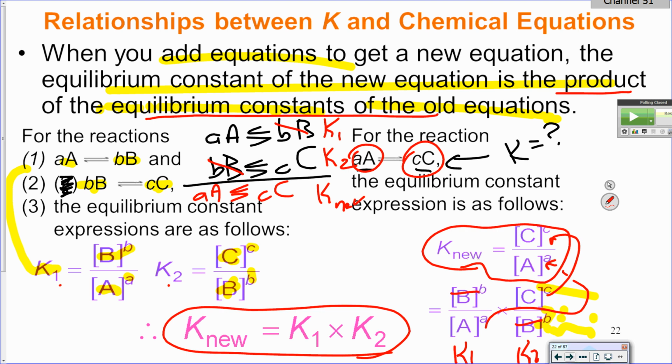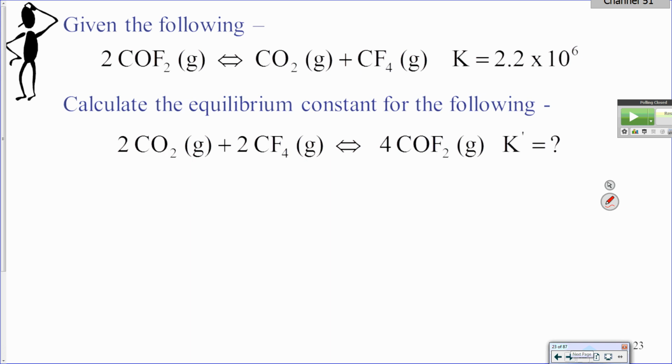Okay? We can rearrange them. We can add them together. We can do whatever we want to. So now let's put it to work. We learned some rules. I've got the reaction of two COF2s decomposes to CO2 plus CF4, and the K value is 2.2 times 10 to the 6. I want to know what the equilibrium constant would be for two CO2s plus two CF4s yield